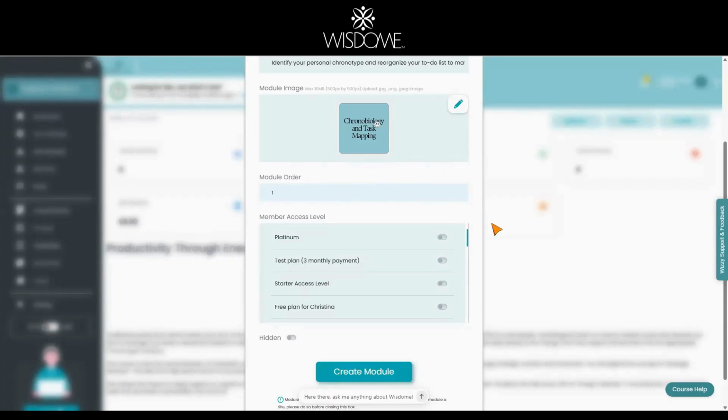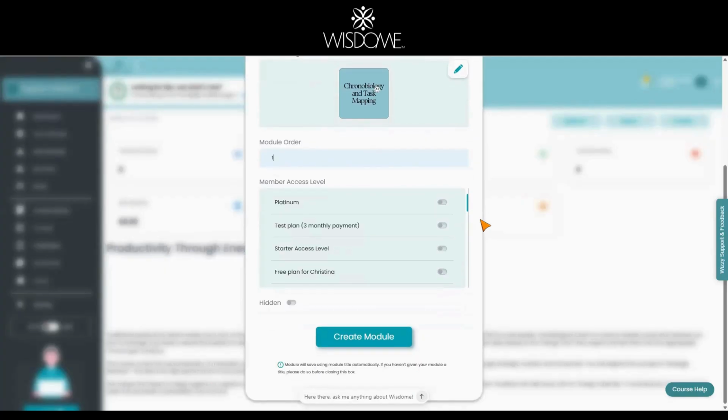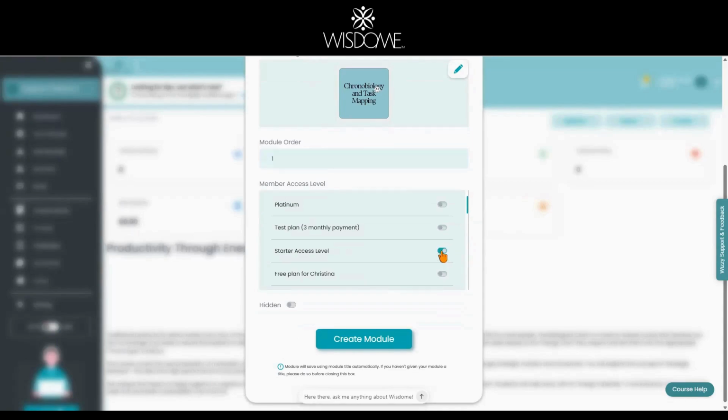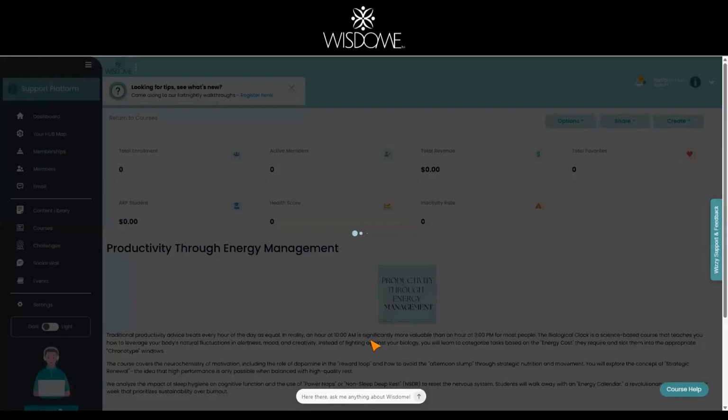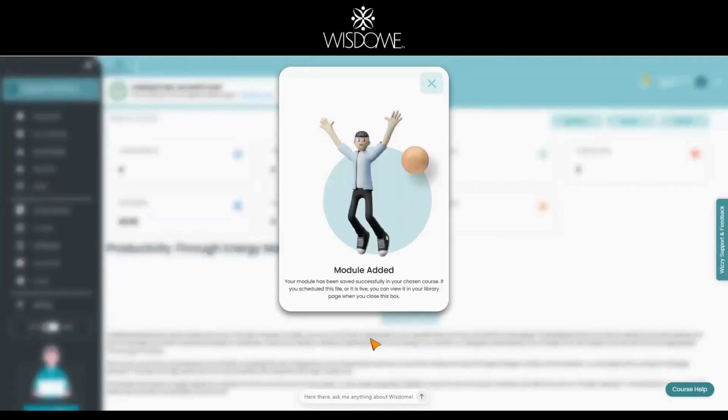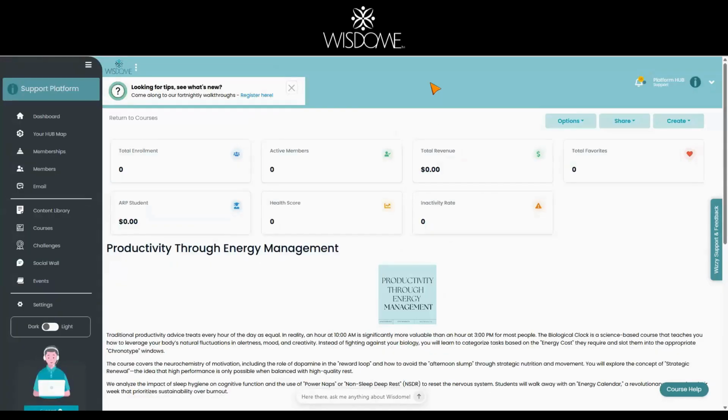Same thing for the access level. You can select a group. It only means that this group will automatically have access to this module. And just click create module when you're done. That is perfect. We have successfully created our module for this course, and I'm going to show you how to